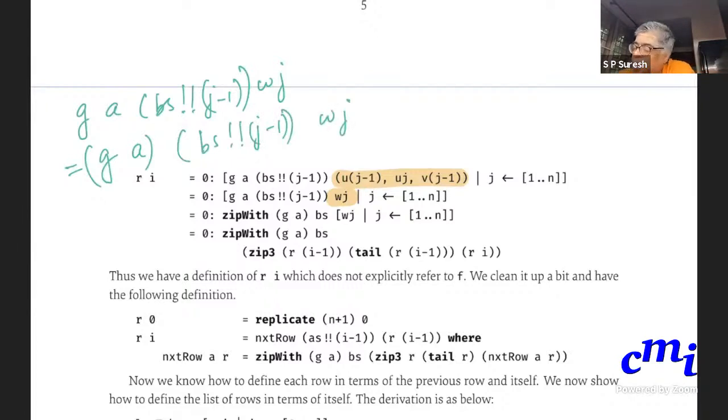But then I am considering the whole list, j ranging from 1 to n.